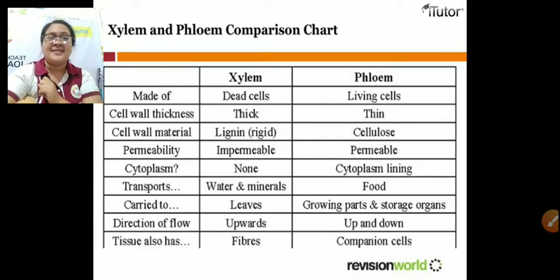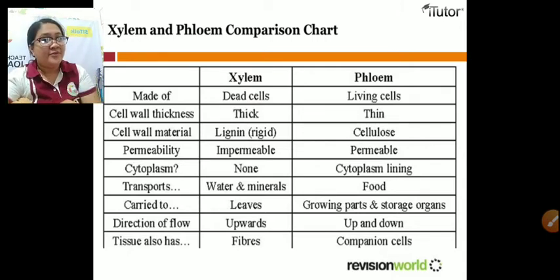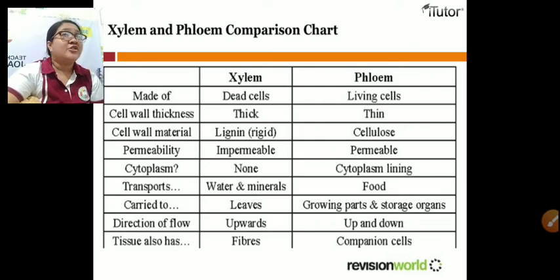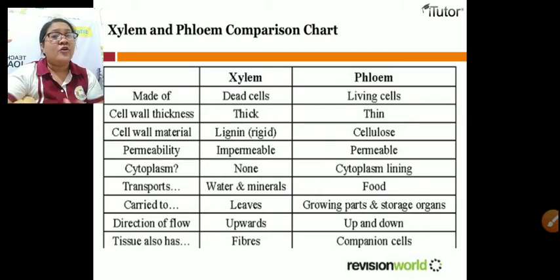Okay, remember the difference. The xylem carries from the roots to the leaves, while the phloem carries to the growing parts and storage organs of the plants. The direction of flow of the xylem and phloem is also different. For the xylem, it only flows upwards from roots to leaves, while the phloem can flow up and down. Okay, in terms of tissue,